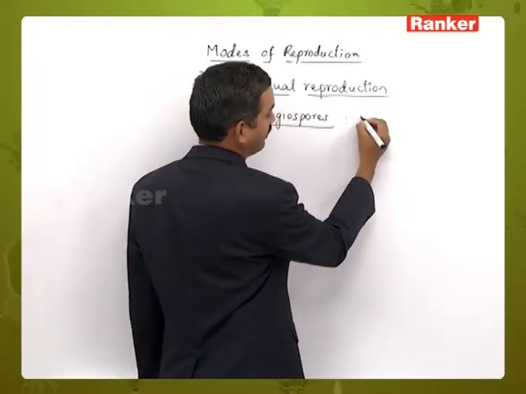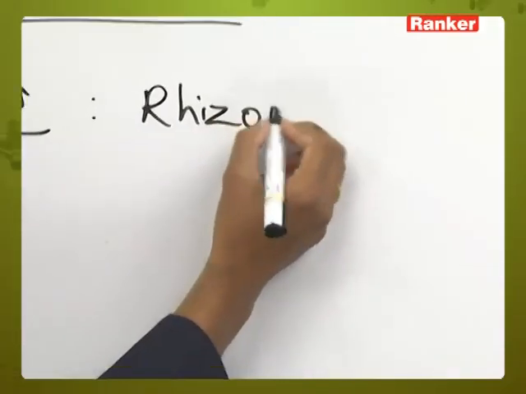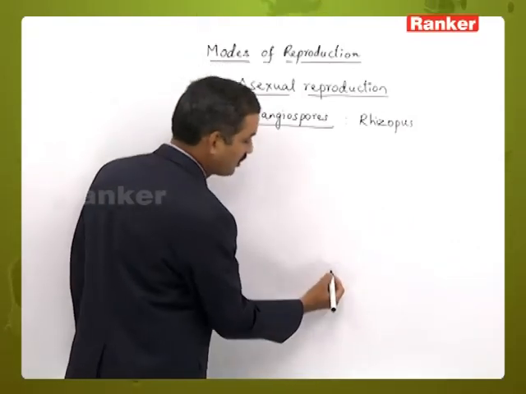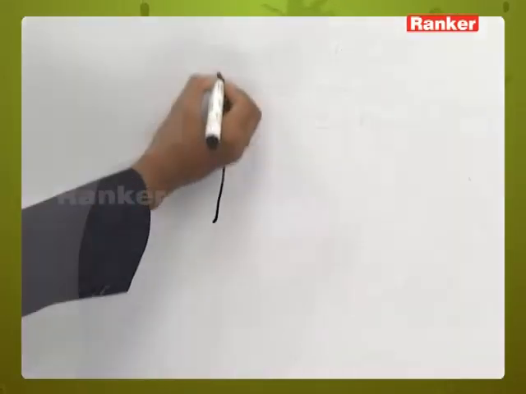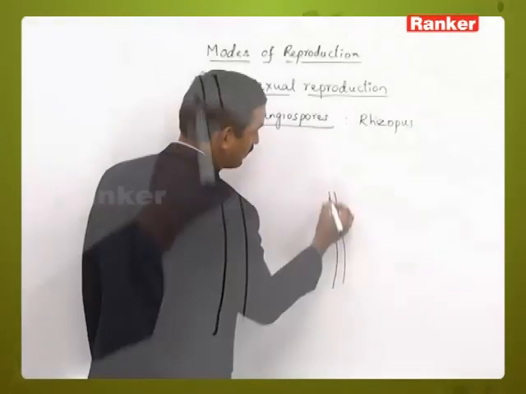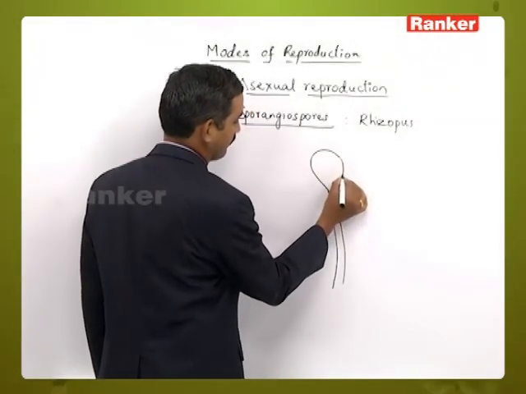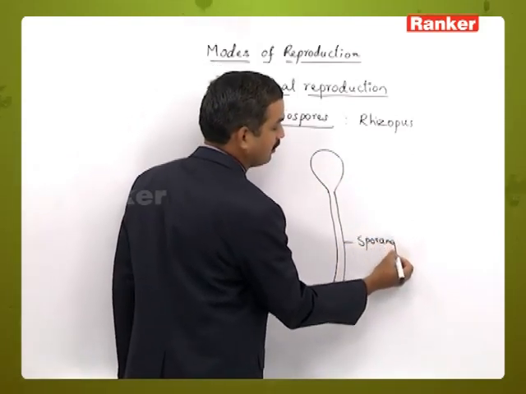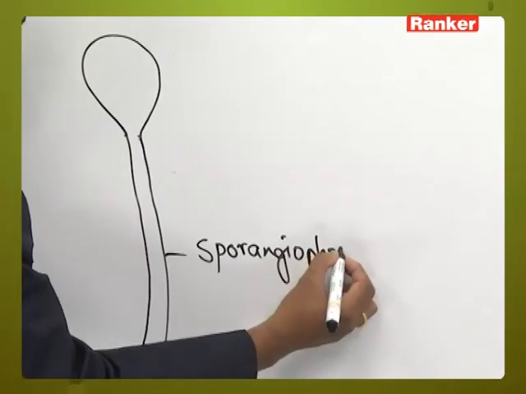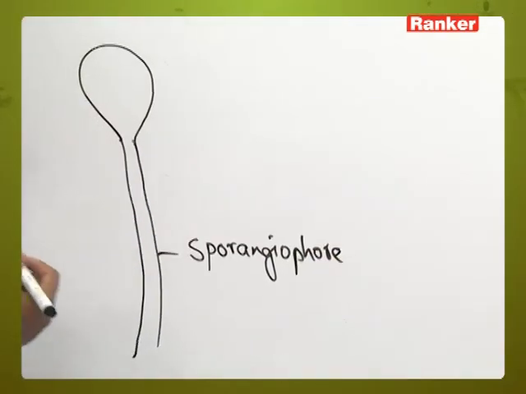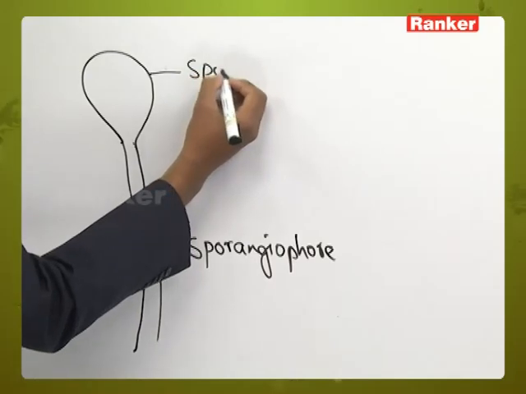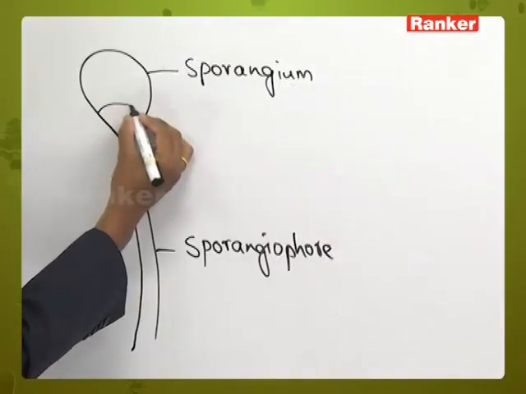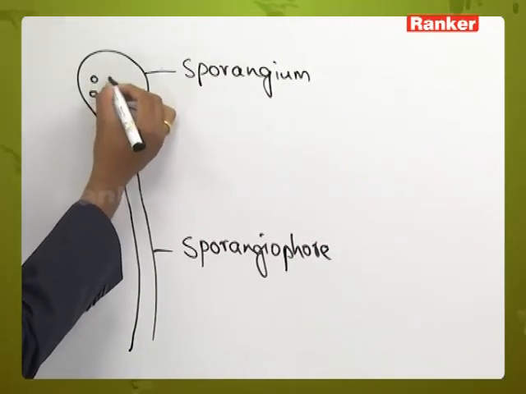Sporangiospores are observed in Rhizopus species, which are formed during favorable conditions. Actually here the sporangiospores are formed inside a stalk-like structure, the stalk of this sporangium we can call. So here the stalk-like structure is called as sporangiophore. The tip of the sporangiophore becomes bulged, so this is called as sporangium, and inside the sporangium the spores are present.